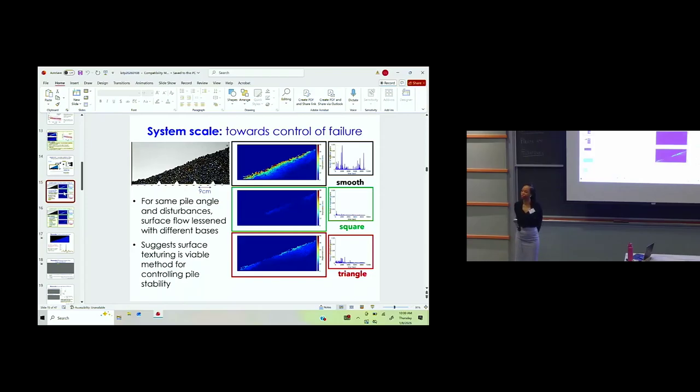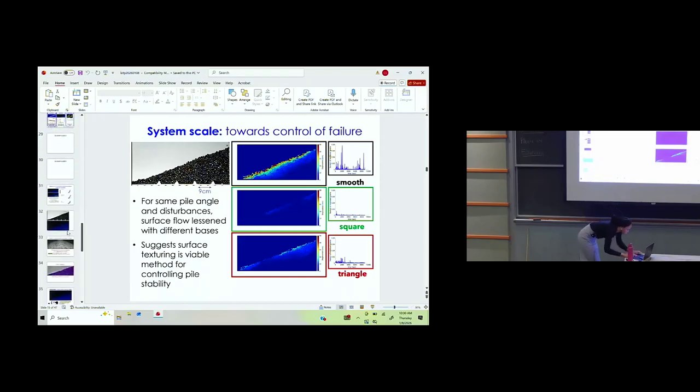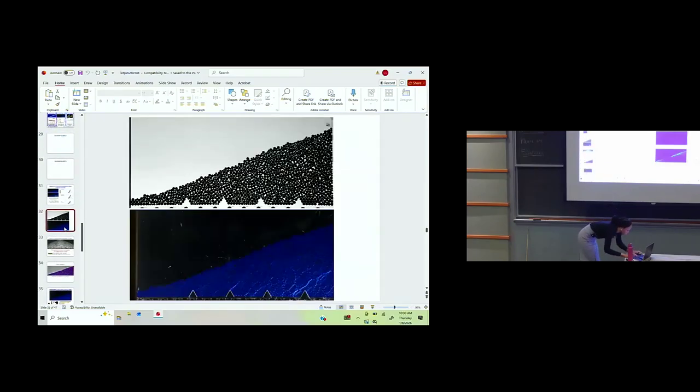Yes, I think those are both good points. Even with this sample image I showed here, I think I have a backup slide with this. Okay, yeah, this is probably better. Even with this, you can see how you get these more crystalline regions when there are pillars available. So you're right, there's some influence here with the packing that's happening, and there are points where force chains are emanating from those pillars too. So there are some changes happening in both the local packing and the force network that we need to unpack there.